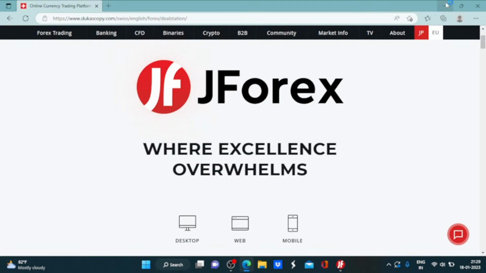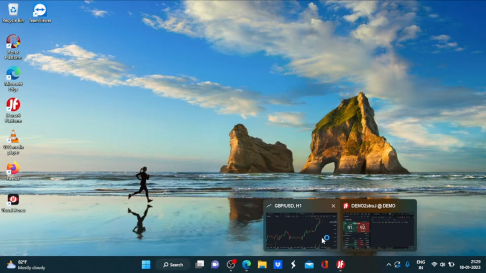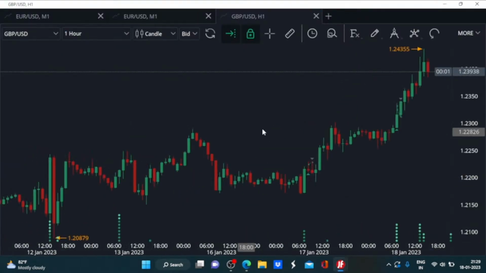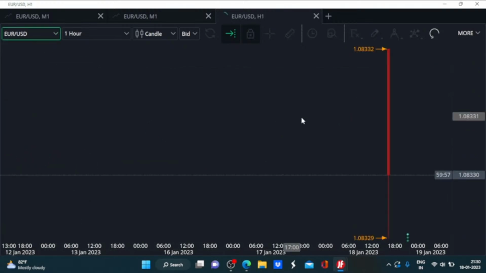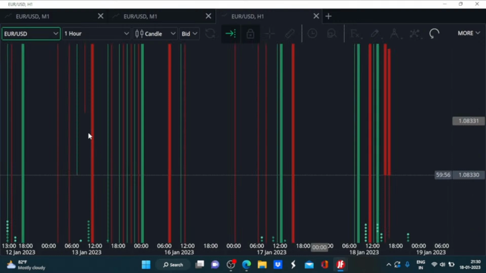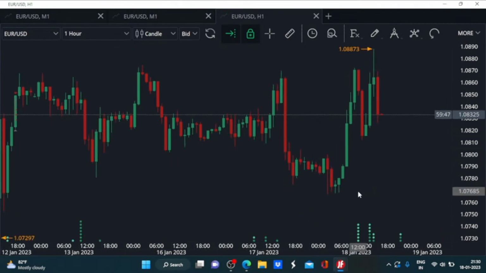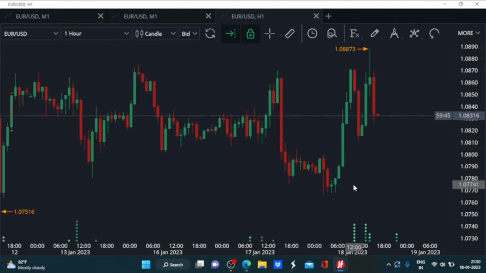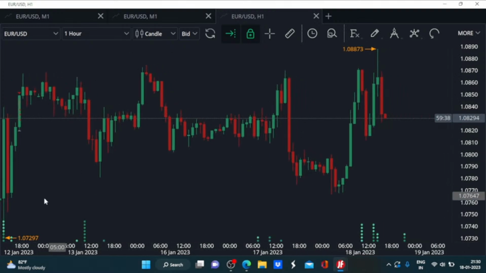So let us now head to JForex 4, the newly released trading platform from Dukascopy Bank SA. This is the GBP/USD chart, and let us change to the most liquid, most commonly traded currency cross, EUR/USD. Alright, so here it is, and we have this increased volatility in today's session for the EUR/USD. There have been some sharp moves. If we look at it, it has continued to trade in this prior range, but on this higher side, there